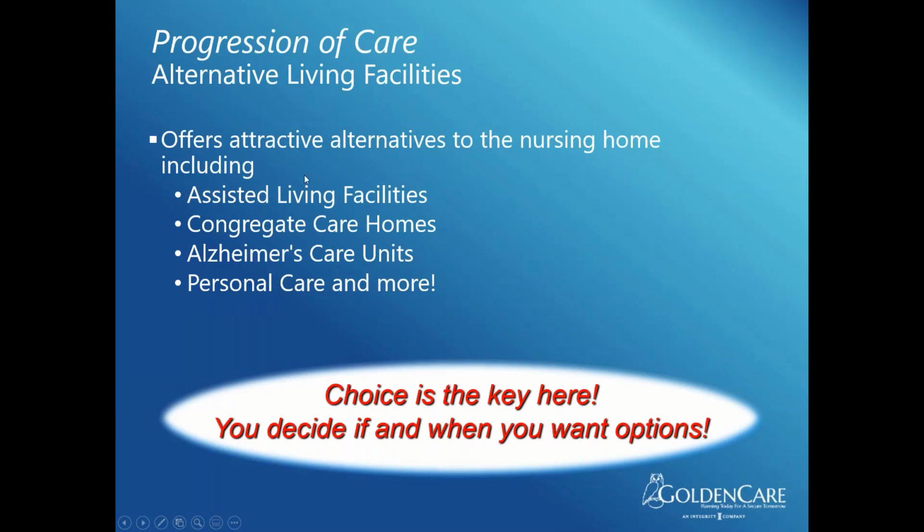So this category here, when I started selling long-term care, this probably dates me, but we didn't have any of that stuff. We had nursing home or home health care. Why do the policies only cover nursing home? Because assisted living and congregate care and Alzheimer's care, these didn't exist 15, 20 years ago.